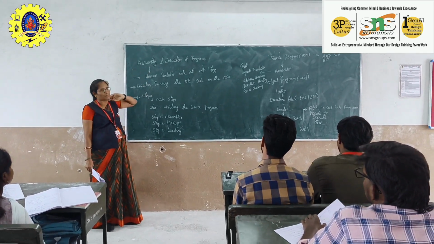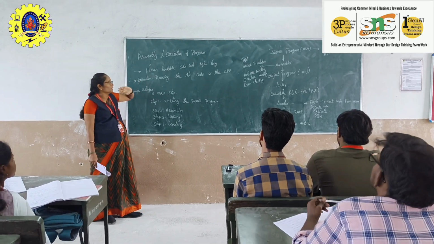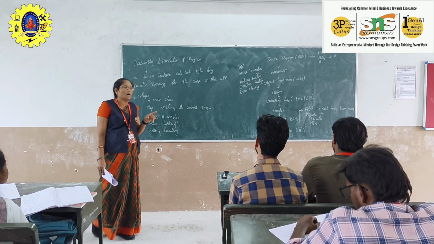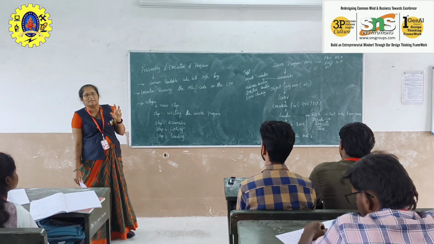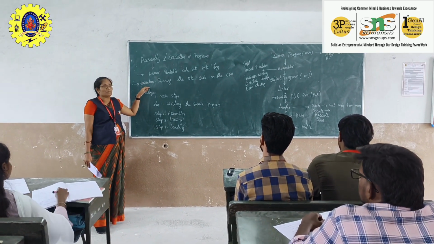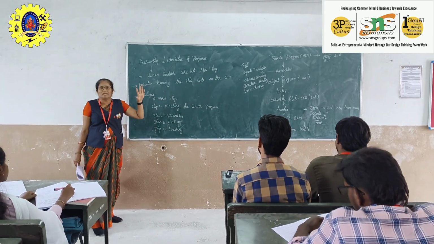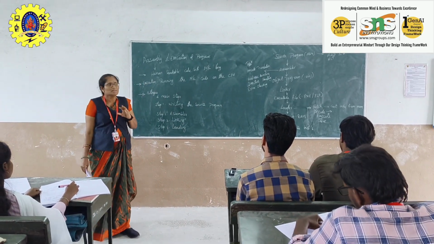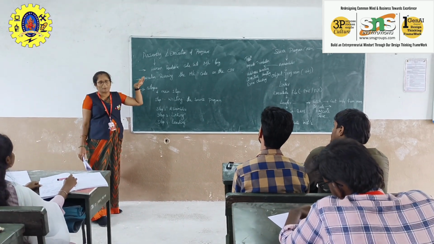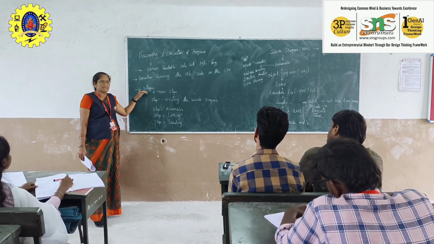Assembly and execution of a program. The assembly program converts the human readable code into machine language. The machine language is the binary form. The next one is the execution of a program, which is used to run the machine code on the CPU. While we are performing this assembly and execution of a program, it is done through stages.